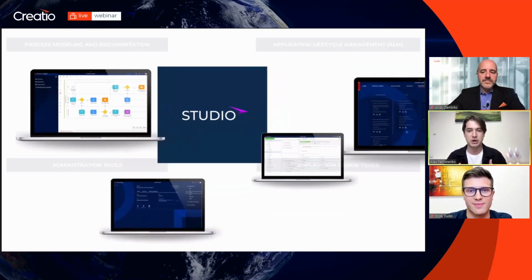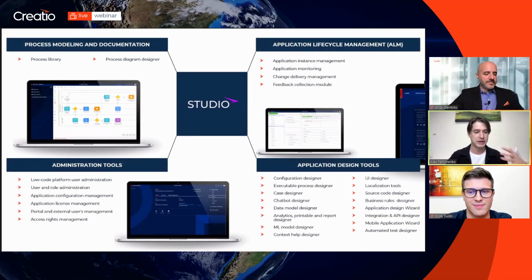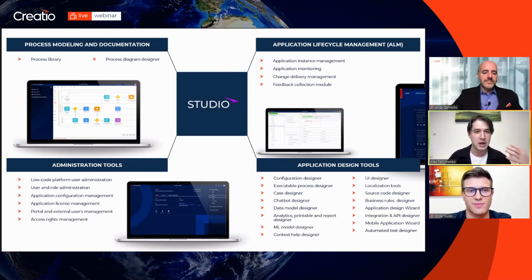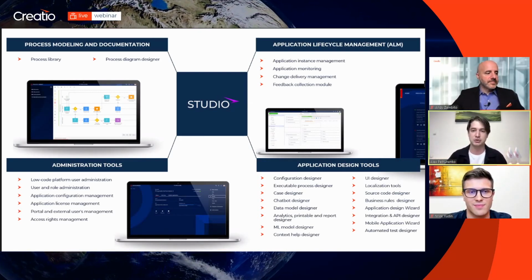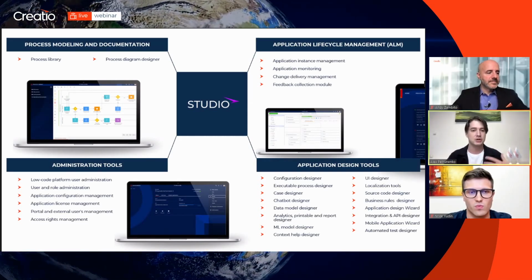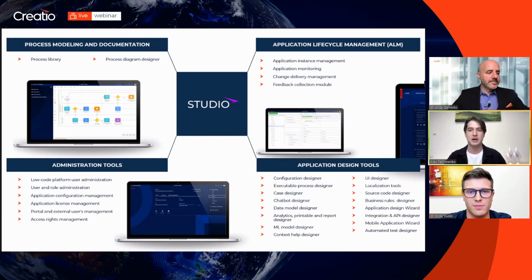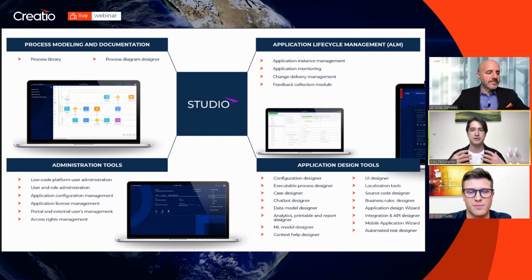And of course, the studio itself consists of 4 key areas that help us to take the full cycle of application creation, from process modeling and description to application design tools and creation of those apps, to administration tools to manage users and systems, and of course to run the whole side of application maintenance through application